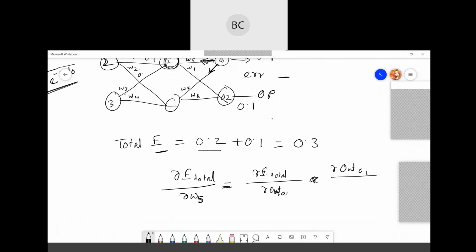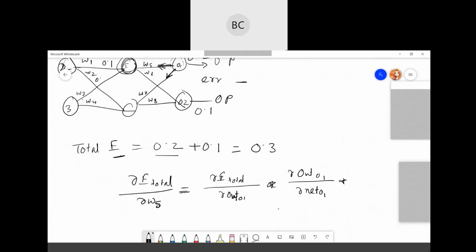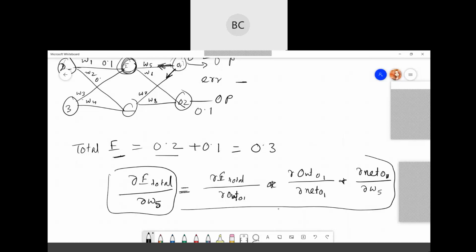This is called the chain rule. I guess you already know about it from your maths class. Then again, net O1 will be your delta 5. So this derivative we can represent in this form. That means you have to put all these values here, then only you can find this total derivative portion.